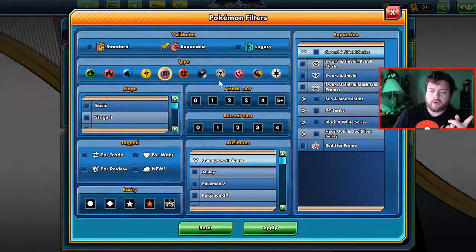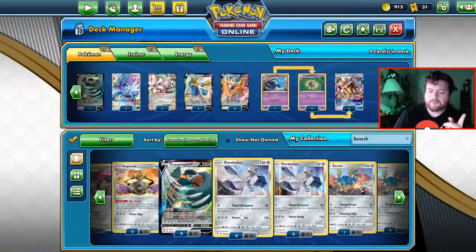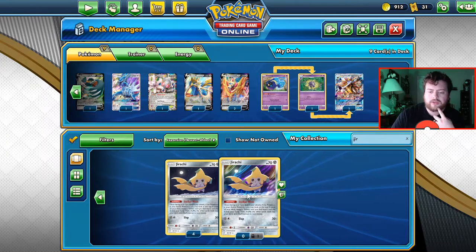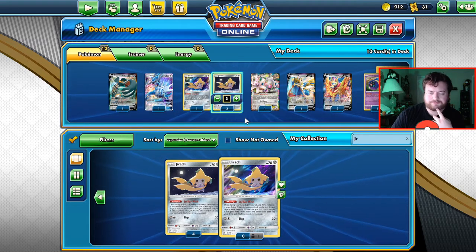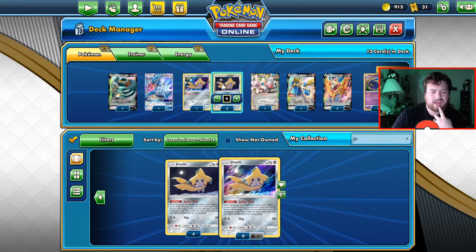We're actually going to add Jirachi to this deck, because I think Jirachi is a very useful Pokemon right now, with his Stellar Wish. But with this, adding the extra Pokemon in here, having 12, 13 Pokemon in here, I think honestly it